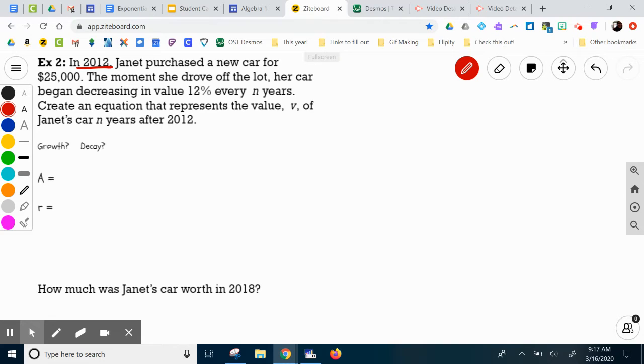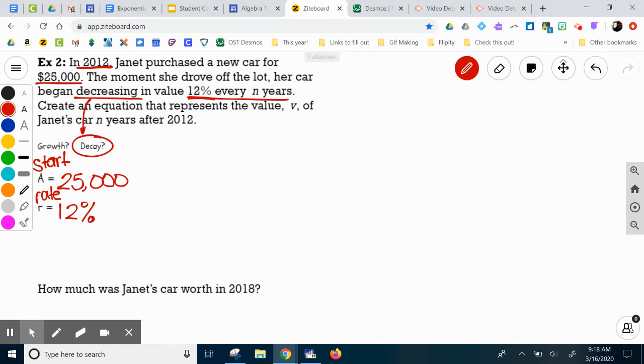The new car is a value of $25,000. Every year it decreased in value 12% for every n years. So decreased tells me it is decay. A is what it starts. So the value of the car at the start is $25,000. Okay, and R is the rate. And this time our rate is